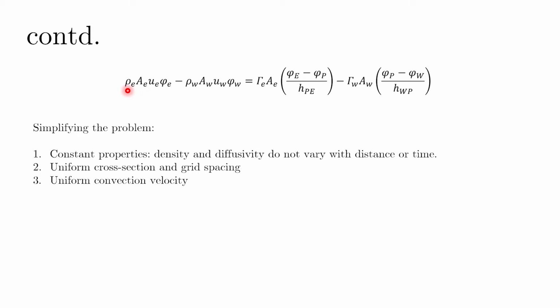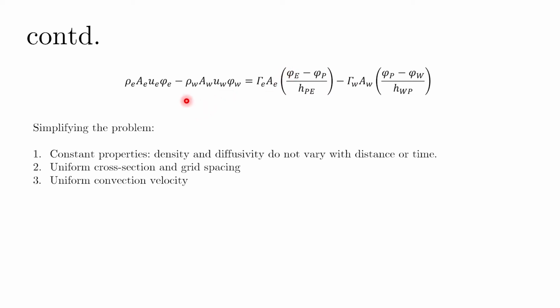So we had this kind of expression. I have just taken apart all these small e and small w. So we had rho a u phi at all these points, and now you can see that I have a phi at small e sitting here, I have a phi at small w sitting here, and I have this gradient term, where the d phi over dx term has been replaced here using our previous knowledge.